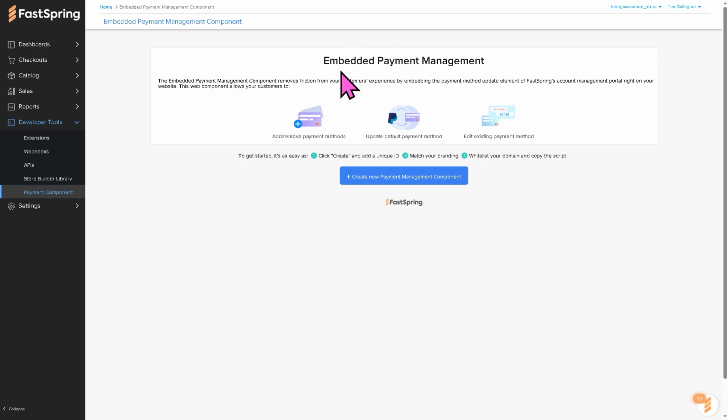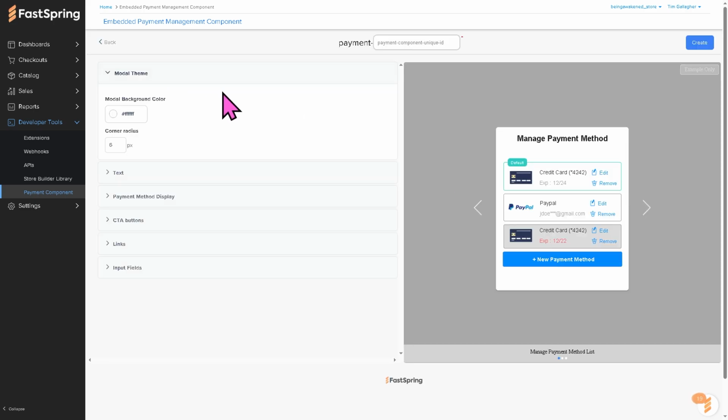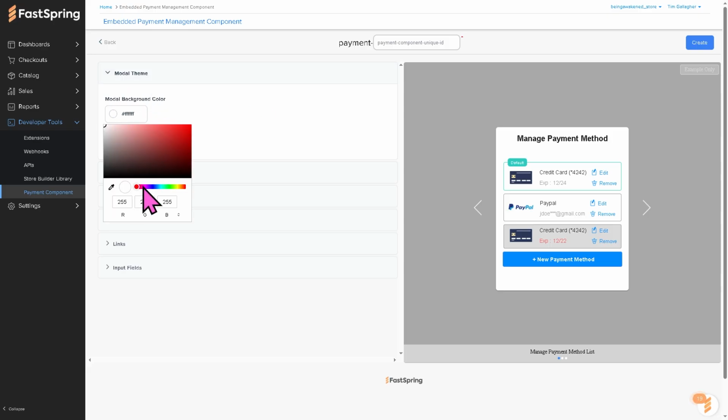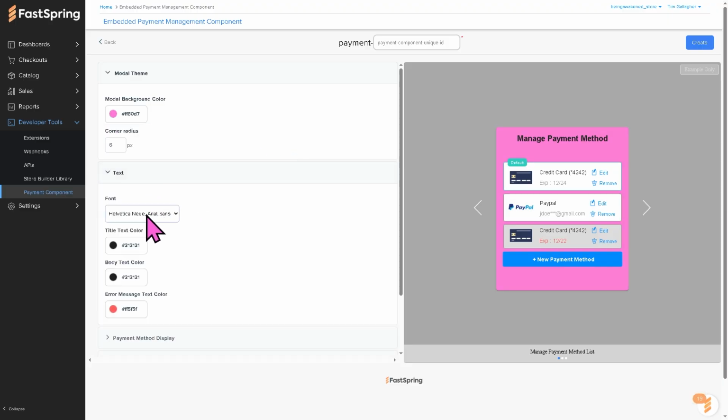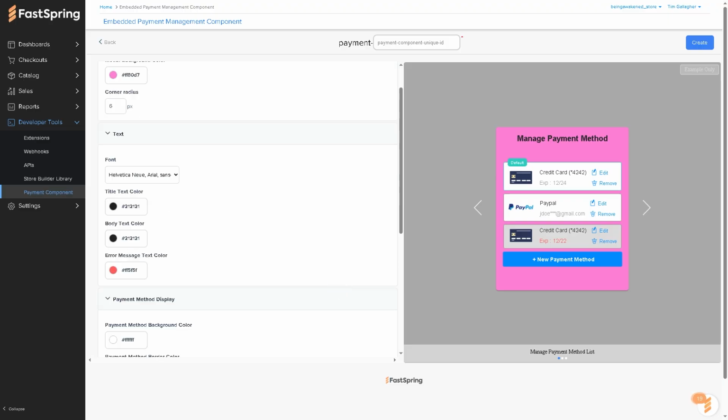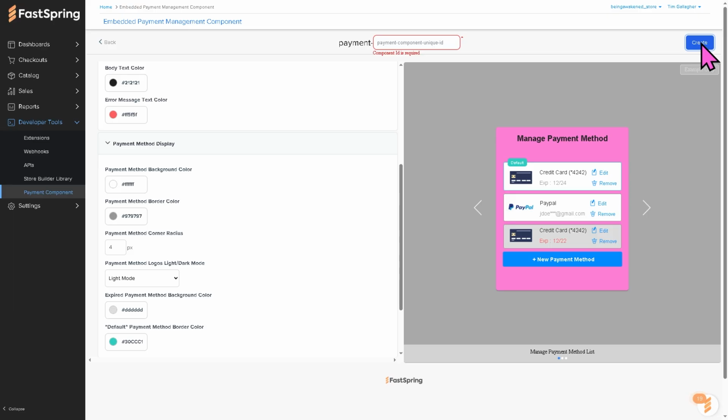Now you have the ability to embed a payment management component. You can add or remove payment methods, update your default payment methods, and if you wanted to create a new payment management component, you can do so. You need to provide the model theme. For example, background is going to be like maybe something that reflects our brand and identity. Provide the text, okay? Text color and the method display. And from there, it's very simple. All I have to do is click the Create button. It's very easy, and provide the component ID from here. And with that being said,